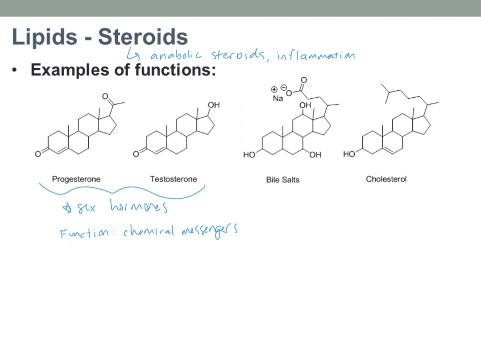Another name for chemical messengers is hormones, right? They're hormones. And we talked about with proteins, right? Proteins also can be hormones. We talked about insulin is a hormone, oxytocin is a hormone. A hormone is just a chemical messenger. It's just where a molecule's job is to tell the body to do